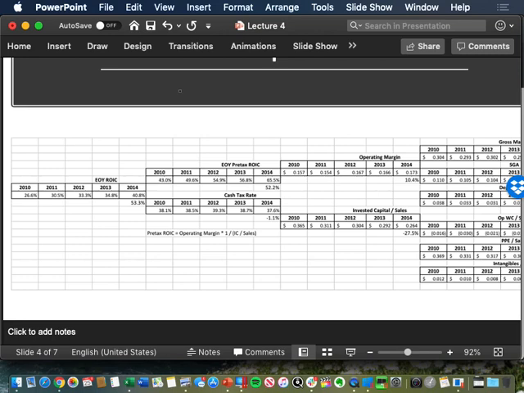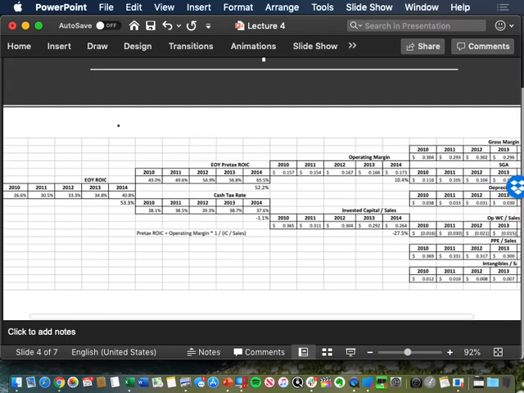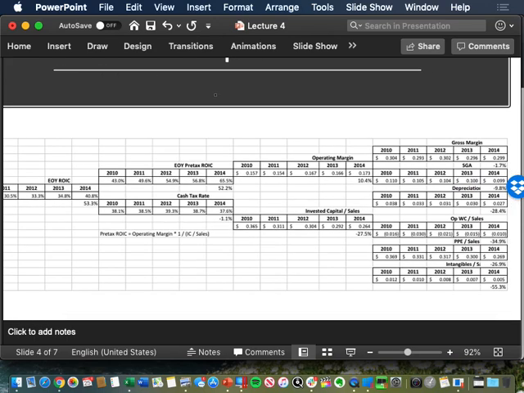Which leads to the second level analysis. Why did the operating margin for Chipotle go up from 15.7 to 17.3? Well, if we look at our gross margin, went from 30.4 to 29.9. So they lost about a half a cent in gross margin. But their SG&As went from 11 cents to 9.9. So they picked up a penny by being efficient with their SG&A, and